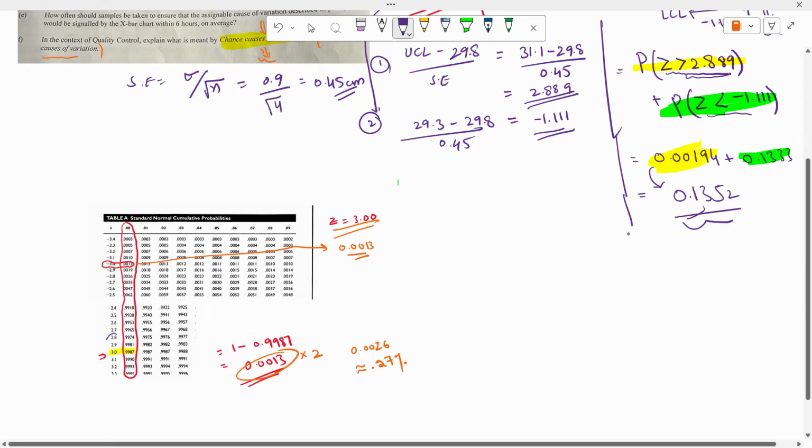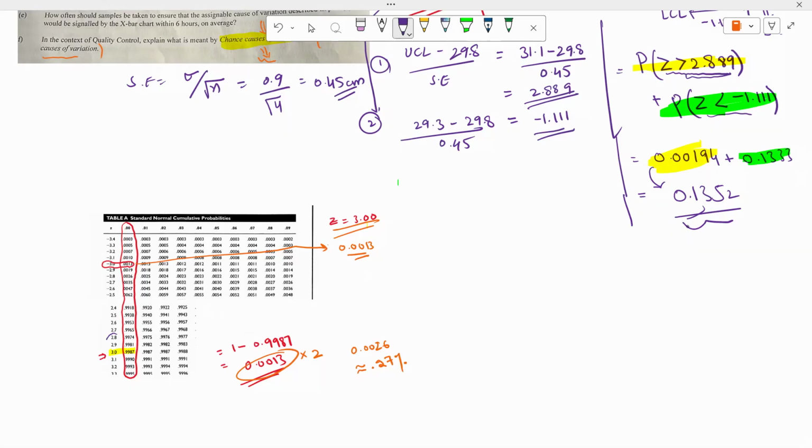So this is your probability. 13.52 is the probability, right? In terms of percentage, 13.52 percent. So this is your probability. And to find the ARL, what would you do? You'll take the reciprocal of 0.1352. You'll get the number. And what is that number? 7.4,